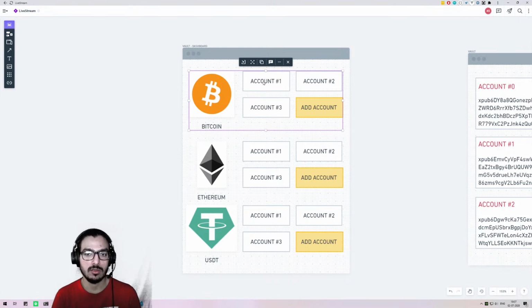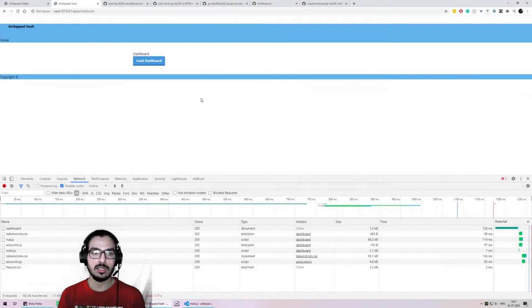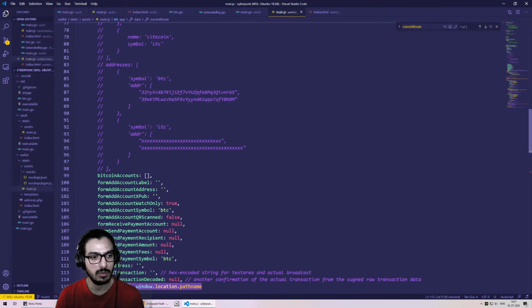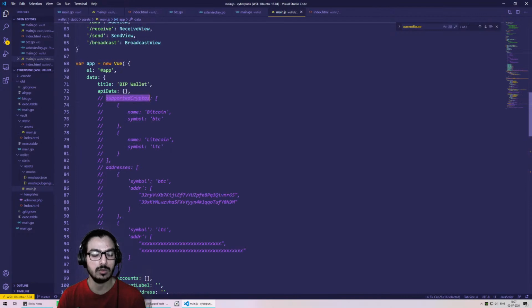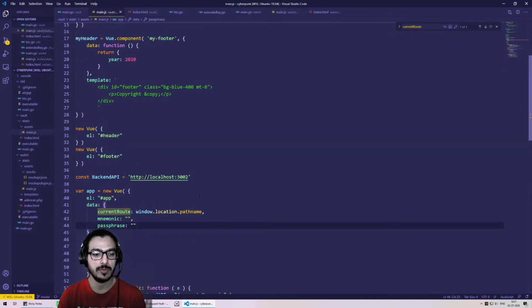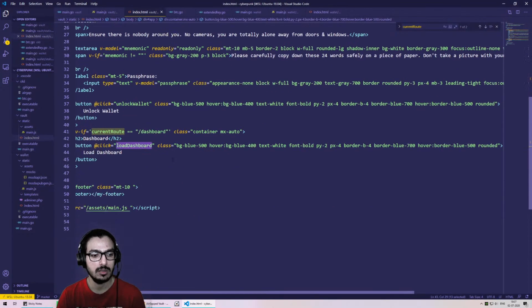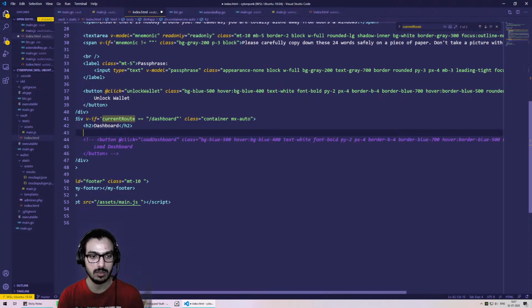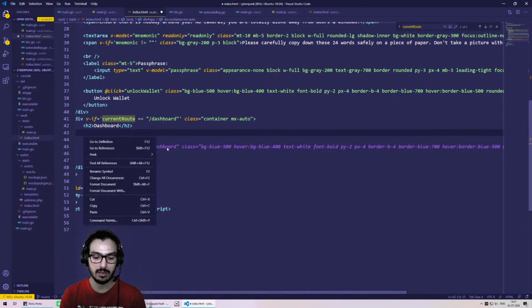So come to think of it, the load dashboard does not require any data to be loaded at all, just the information on what cryptocurrencies it knows that we're supporting. I must have a variable here over here. Oh no, I commented that out. Okay, so for now we don't need this load dashboard function. We comment it out, and we simply